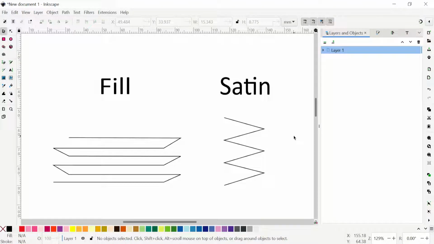Hi, in this video I'm gonna briefly explain what the density in embroidery means. Basically, it shows the distancing between the lines of the stitch. So usually we have two types of stitch, the fill and satin, and when it comes to the distance,